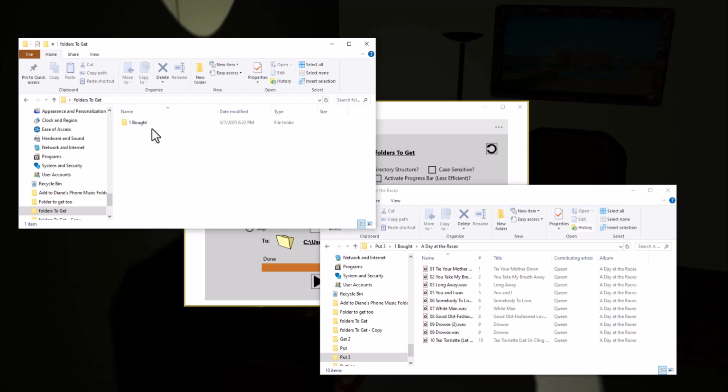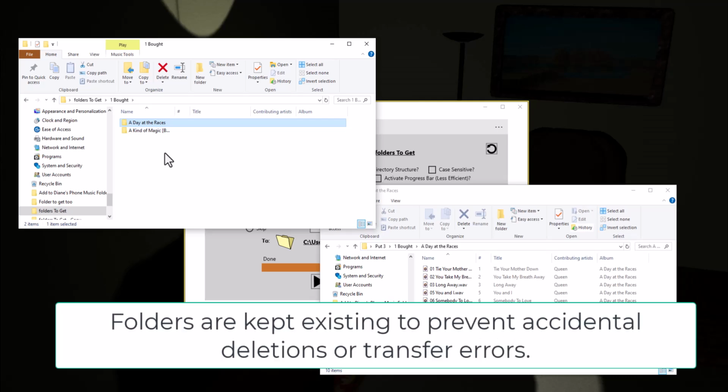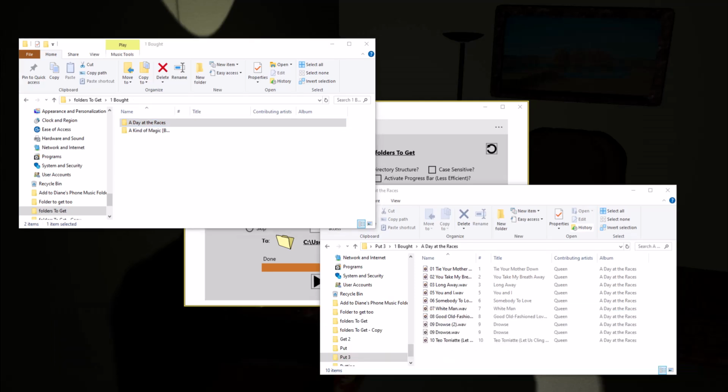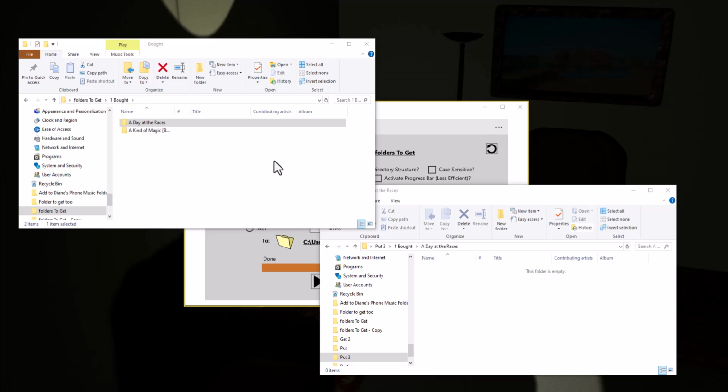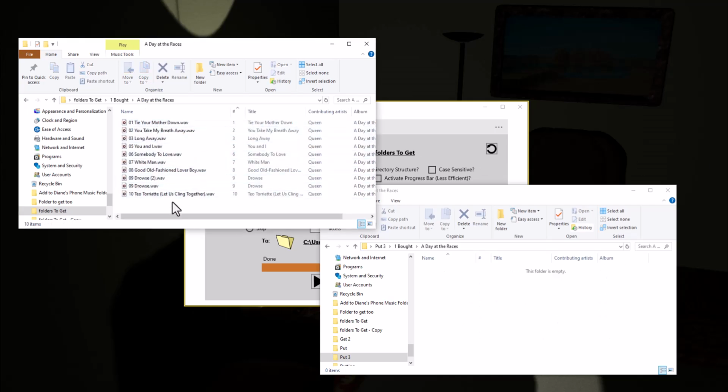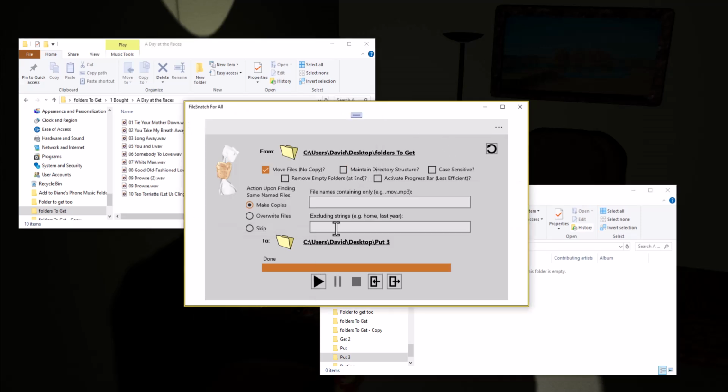But what you're going to notice here is that, well, one of two things. It took those and moved them. There's no copies, so now they no longer exist on the original. The other thing that you probably notice is that we leave these folders up. And that is in case of accidental deletions. So you will have some extra folders from where you put it. Now let me put these back into the original folders,